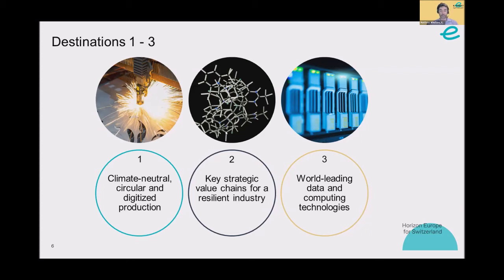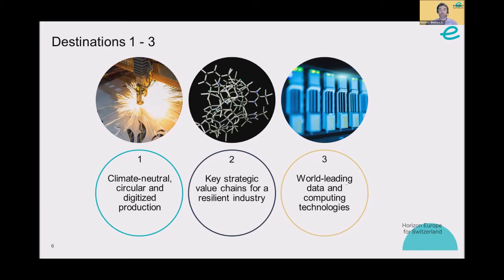So both of these are, of course, very key to the economy. And the third element is new materials. So development of new materials. These can be multi-component materials, composites, nanomaterials, coatings, membranes. There's really, let's say, many different opportunities here for novel materials which benefit society and the economy.